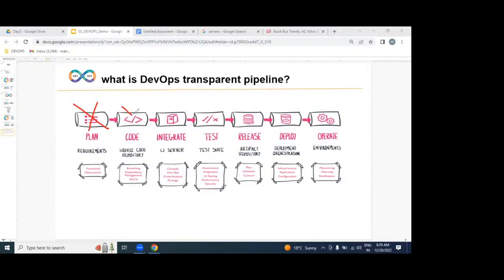We are part of coding, integration, testing, release, and operation. So we are going to implement the DevOps process from the dev environment to operations in an automated, transparent way.